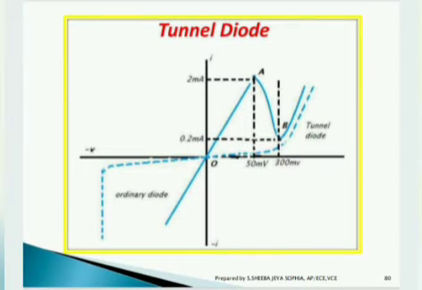And you can see the graphical representation of the tunnel diode for both forward and reverse bias conditions, showing how the tunnel diode conducts and how an ordinary diode conducts. An ordinary diode is a linear diode; you can see there is no abrupt change. Whereas in the tunnel diode, after reaching the peak, the current drops down as the voltage increases, and then again it starts rising. And this portion is said to be the negative resistance region.